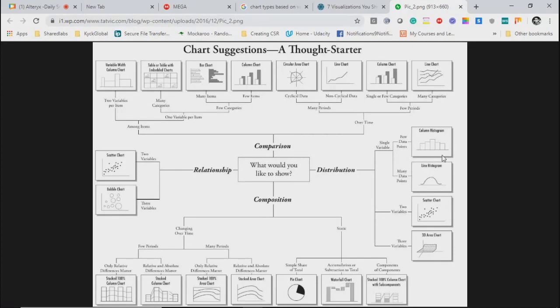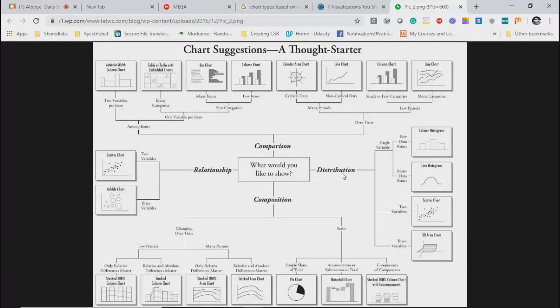Over here in the histogram, what is a histogram? And why do we call it distribution over here? What is the meaning of distribution? Basically it's a bucket.